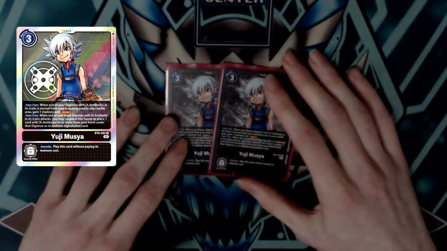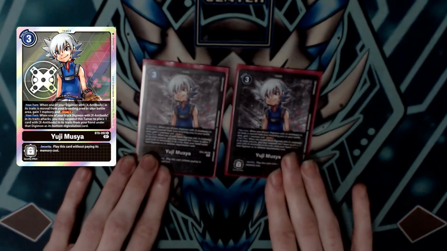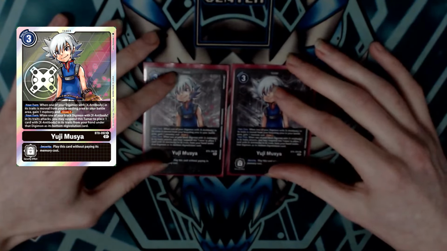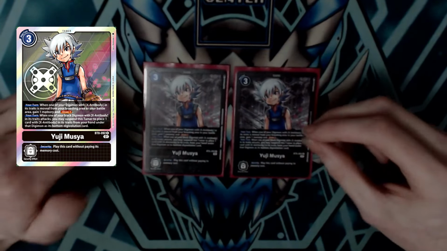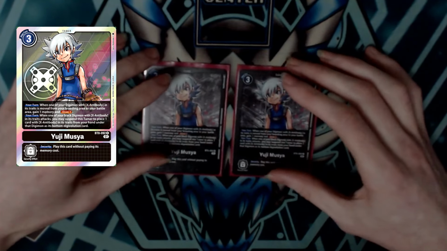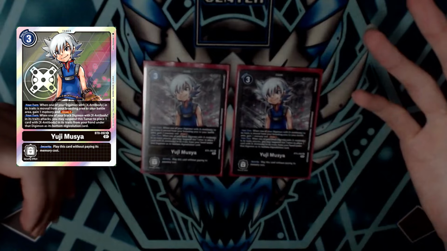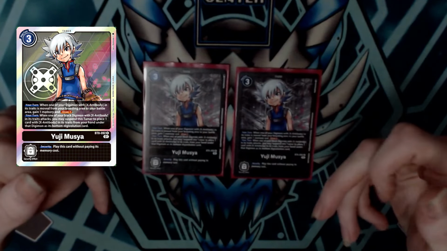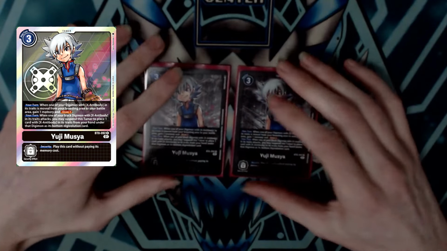And then finally, I'm running 2 copies of Yuji as a tech choice. So this is basically to obfuscate Digimon Emperors, get extra memory, extra draws at the start of main, whenever you raise any of your Lugas or Dorus, because they're all ex-antibody traits. And then you can actually do really, really fun things when you attack as well, because you can tuck a